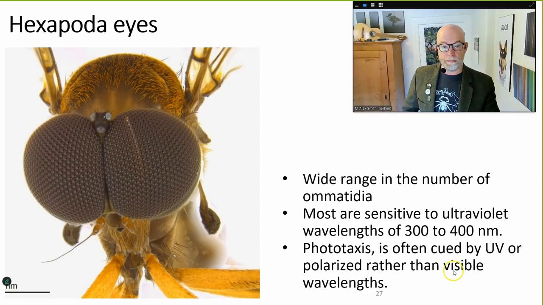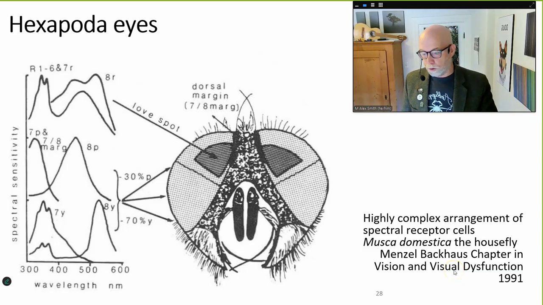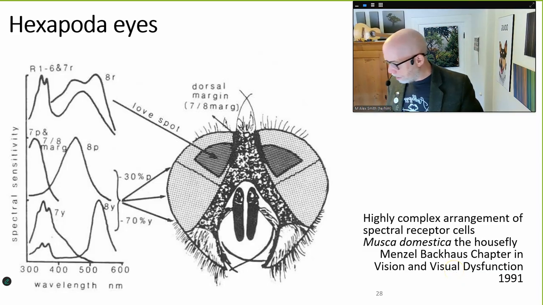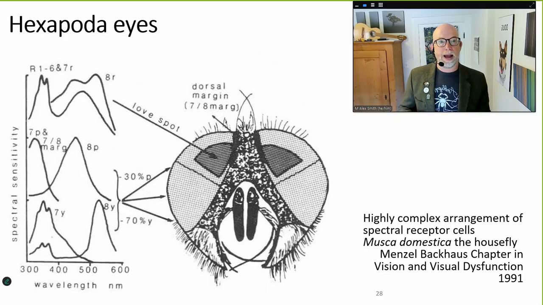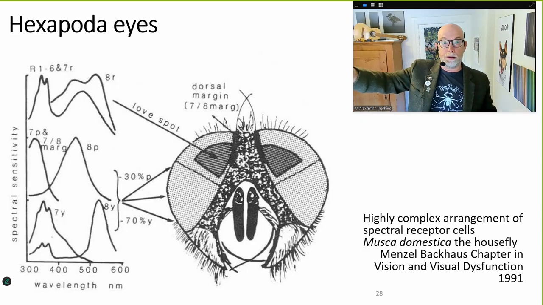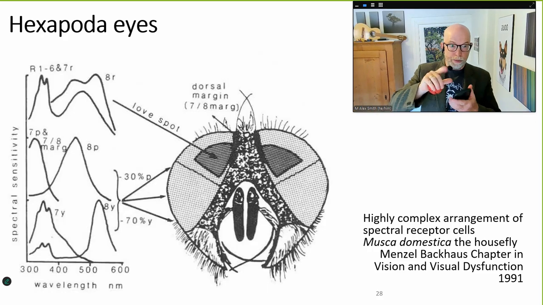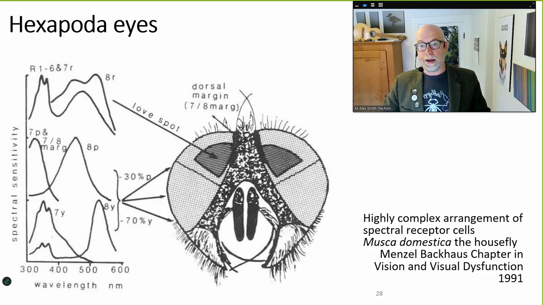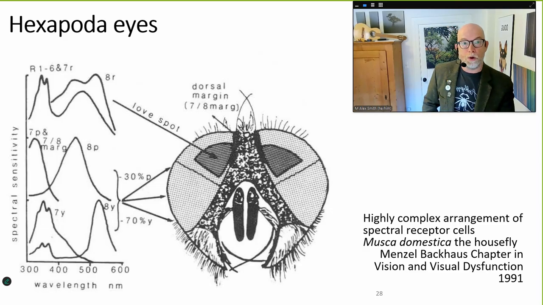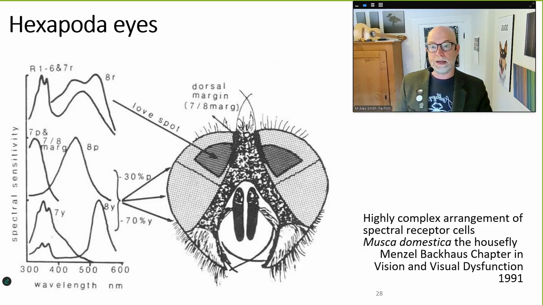But let's look at this old school diagram of the hexapod eye. I love this one from the early 90s that's looking at a fly eye. So this eyeball is sitting somewhere very close to you on a windowsill. And if you wanted to take the microscope that you have in your pocket, your phone, and zoom in and zoom in and zoom in on that fly eye, you'd see the individual ommatidia contained within the fly's compound